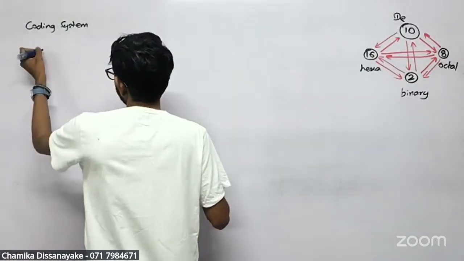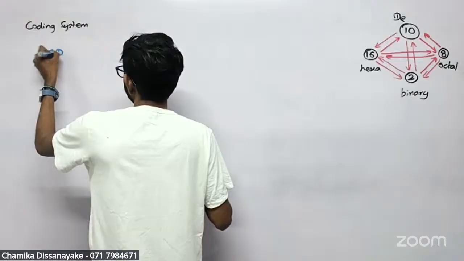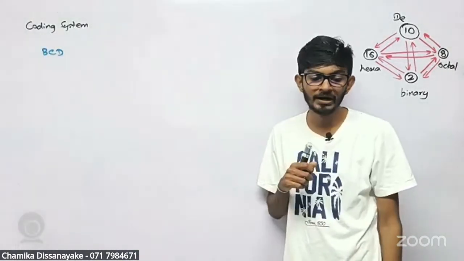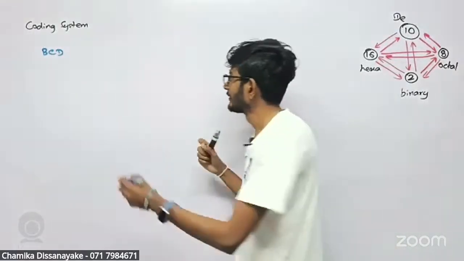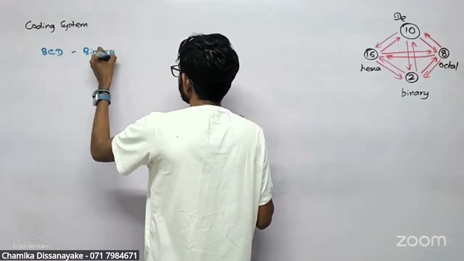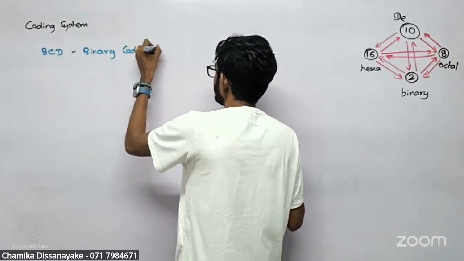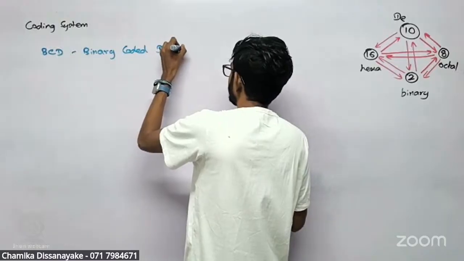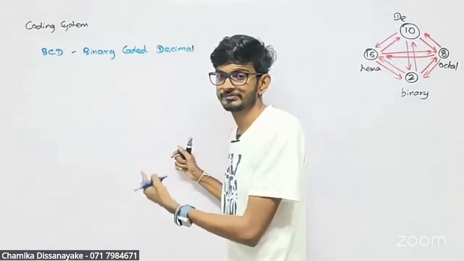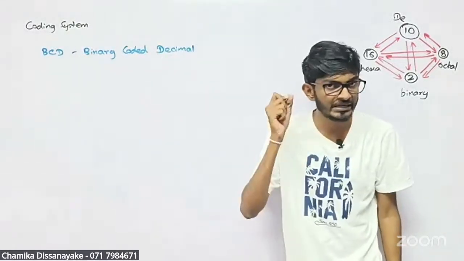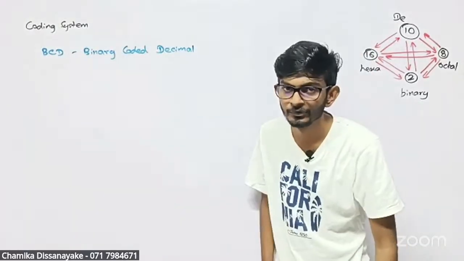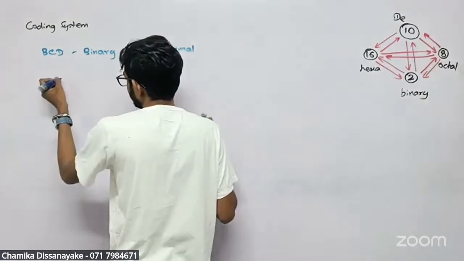First one is BCD, binary coded decimal. Okay, binary coded decimal means we can use BCD to represent numbers. To represent any number in a computer, we can use BCD. I mean, if you want to represent a number 12,